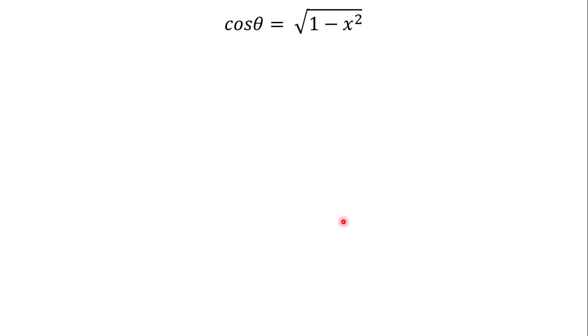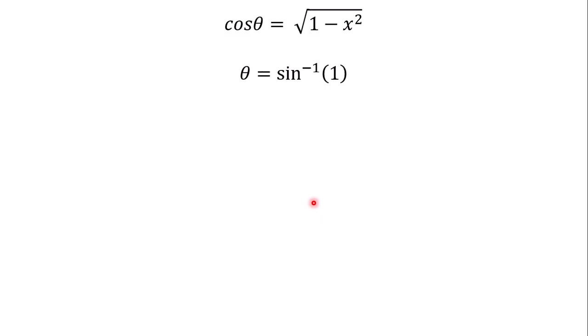Well, to do that, we know that sine theta is equal to x, right? So we just make theta the subject. We just take sine inverse of both sides, and theta will be equal to sine inverse of x. So to find the values of 1 and minus 1 in the theta world, you're going to replace them into the sine inverse. Okay, so theta will be equal to